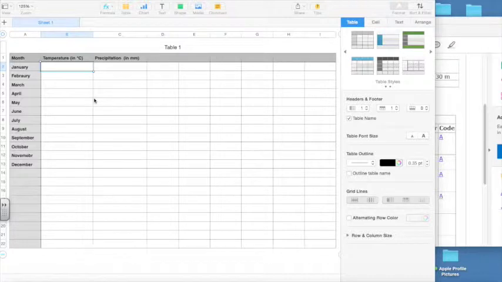Alright, this is a quick tutorial on how to create climatographs using Numbers. After you download your climate data for the city or cities that you're going to be graphing, you need to set up your Numbers file like this. At the very top you'll have three columns: month, temperature in degrees Celsius, precipitation in